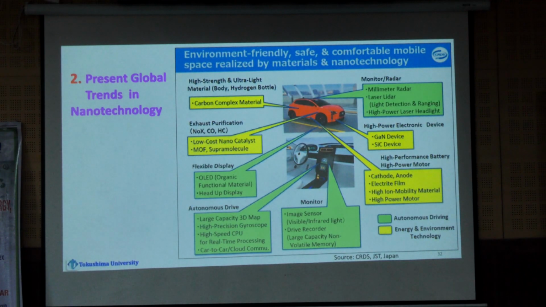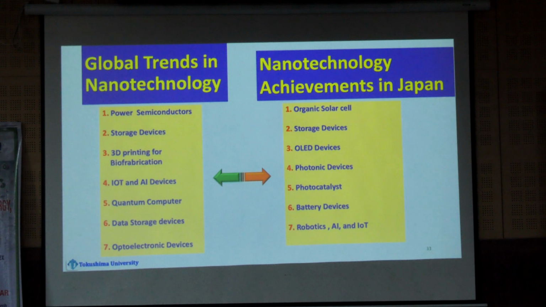Carbon nanoparticle is used in car tires. So this is an example that can be found in present day, and how these problems can be seen in the laboratory. What kind of research is going on globally, and what research is going on in Japan? Globally, these are the main areas where scientists are working, and in the case of Japan, they are working on this